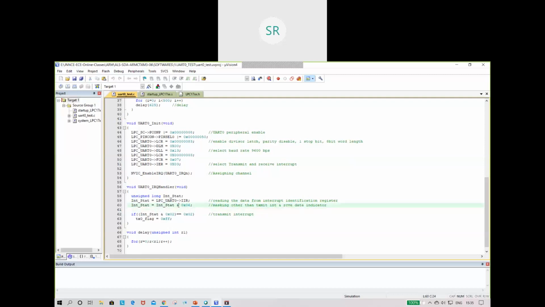So the AND operation will mask all the other operations, and only transmission and reception can be done by masking with the 06 value. The 2 is for transmission and 4 is for reception, so that you will get the value 6.